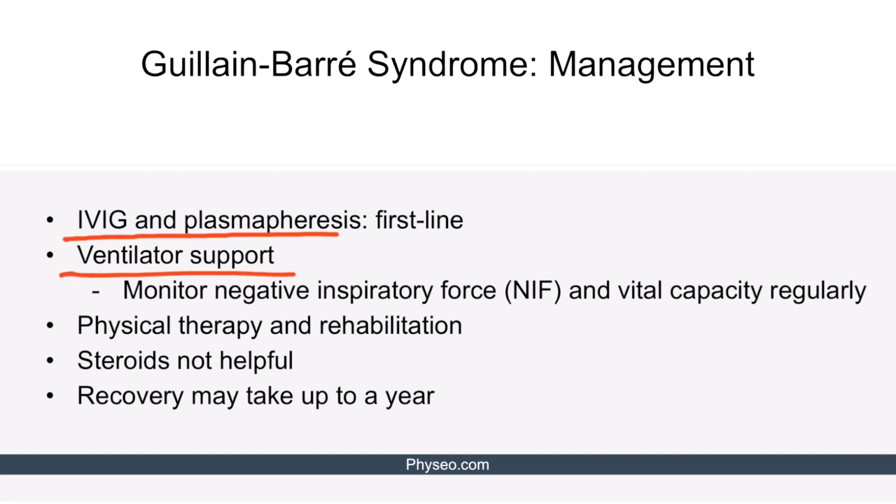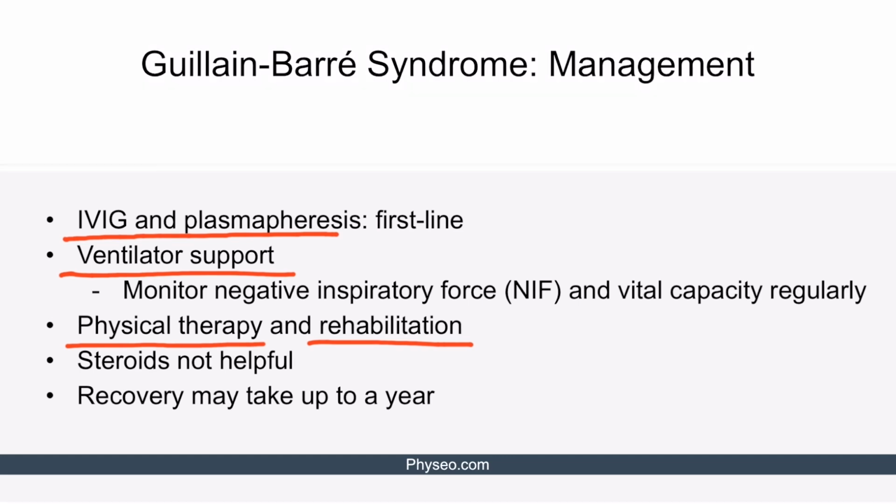Now, because of this potential for respiratory arrest, patients with Guillain-Barré syndrome require frequent monitoring of their breathing capacity. This is often done by monitoring the negative inspiratory force and vital capacity. Now, once patients begin to recover, physical therapy and rehabilitation can be helpful in helping them return to their normal